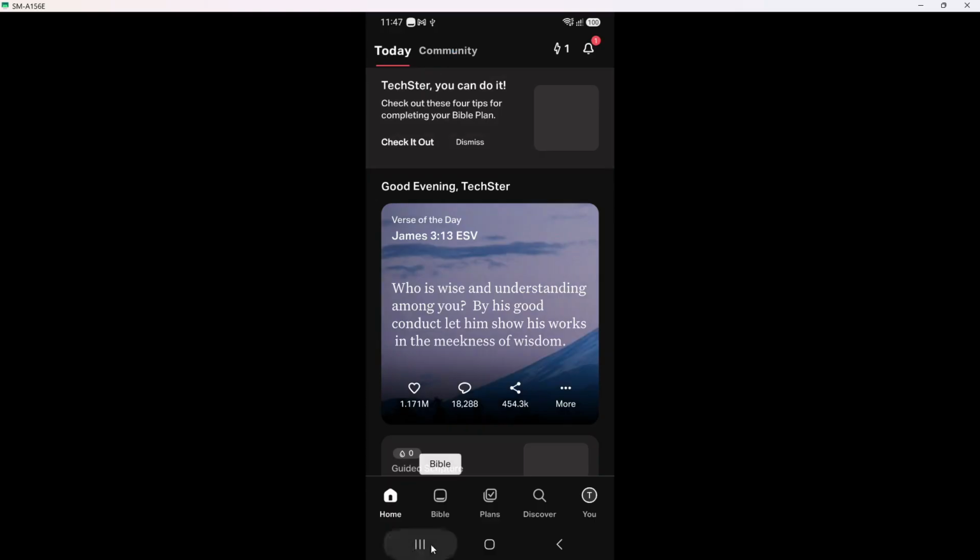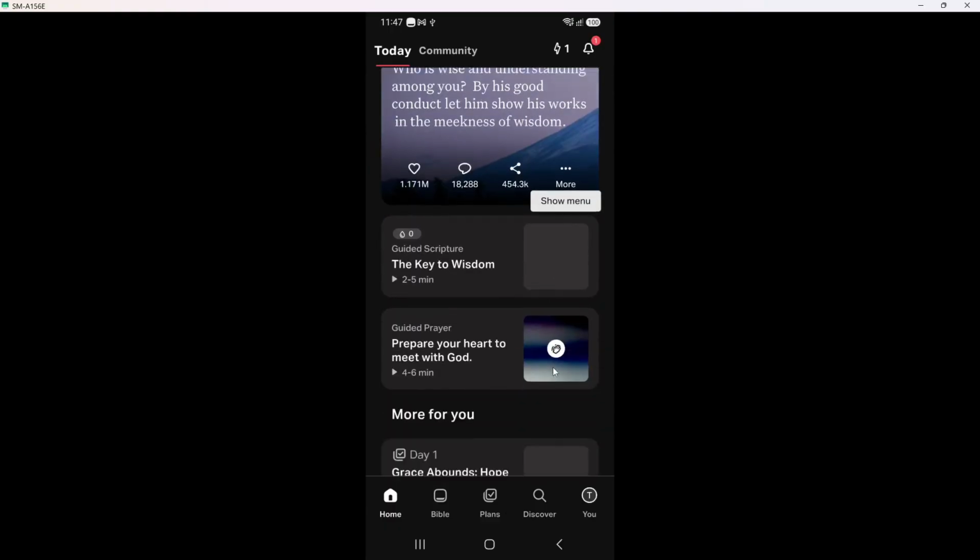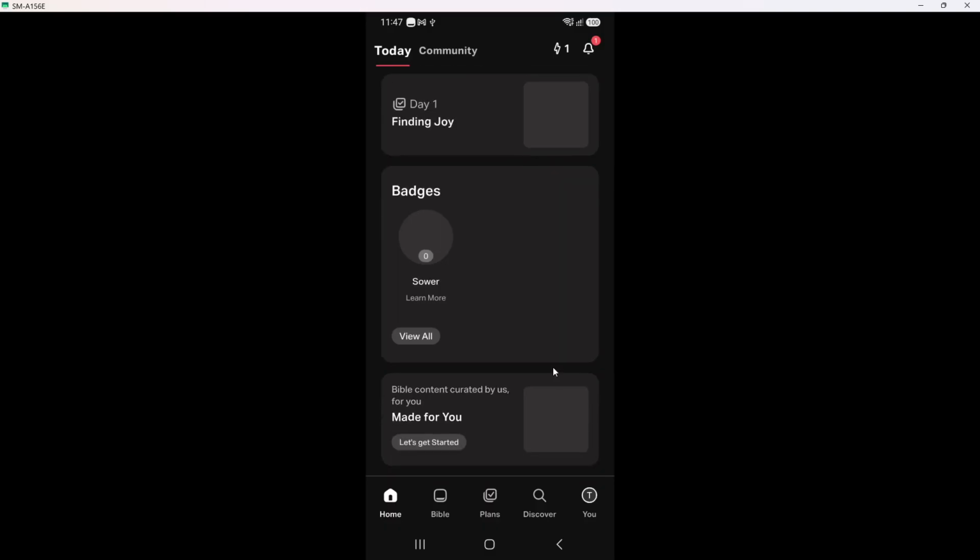That way you never have to worry about grabbing each chapter one by one. Now go ahead and open the Bible app on your device. When it loads, you should see the usual home screen with things like the verse of the day, reading plans, and a menu bar at the bottom. If you do not see that, just wait a second for everything to finish loading, especially if your internet is slow.